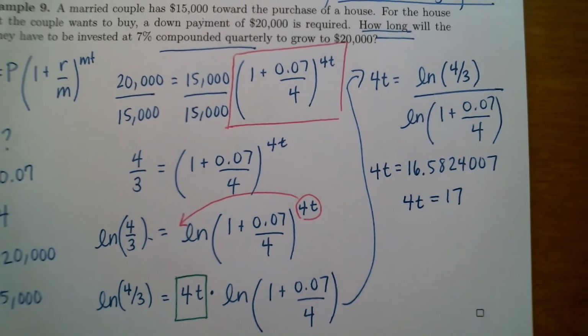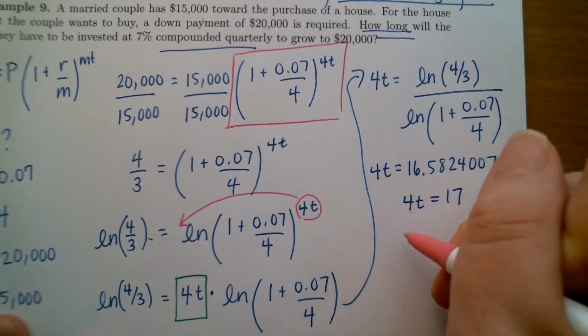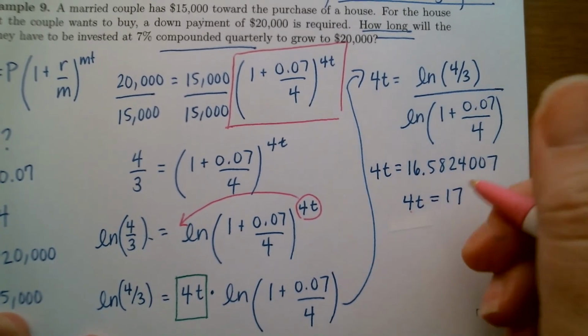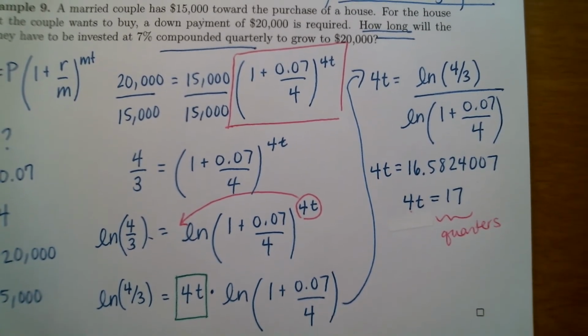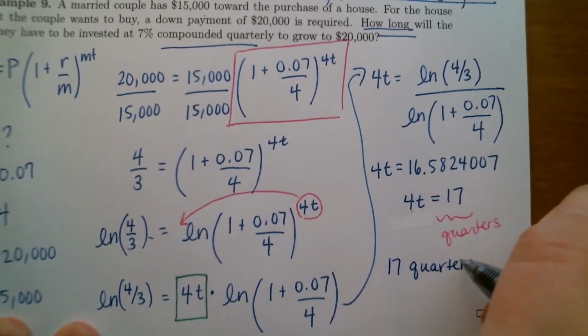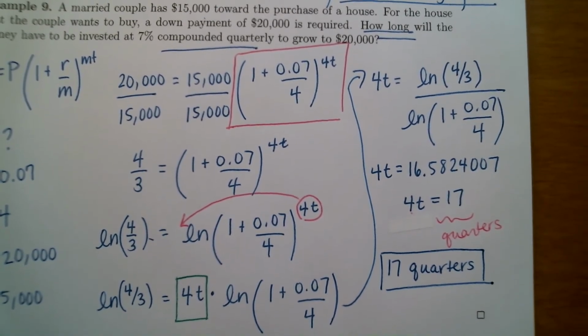4t will stay on the left. Once you've rounded up the time, just to ensure that this couple has enough time for the payment to grow to $20,000, you don't want to be short even a little bit. You round up, and now you can interpret your answer. The 4 in front of the t means that we're interpreting the 17 as the number of quarters. So it is going to take this married couple 17 quarters to turn their $15,000 into $20,000, investing at 7%